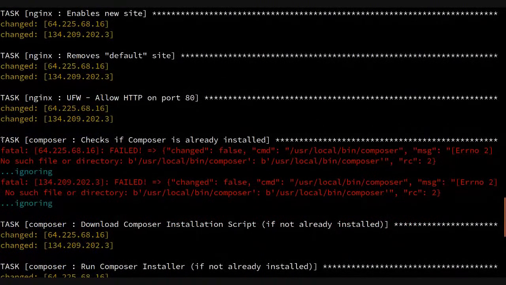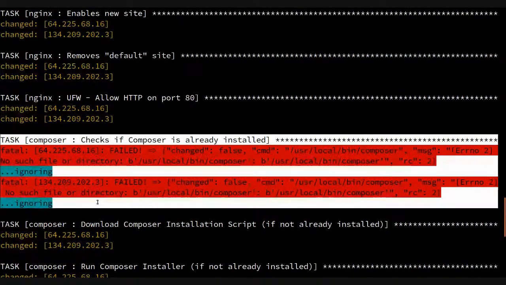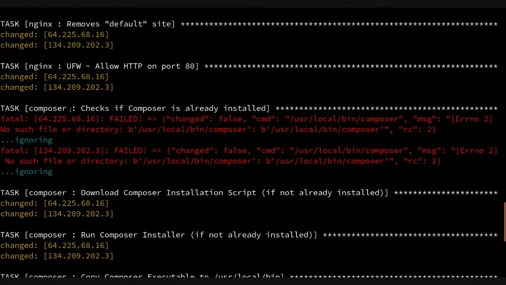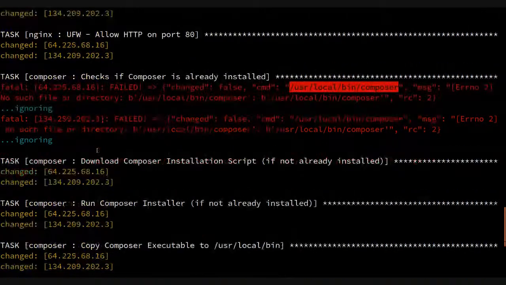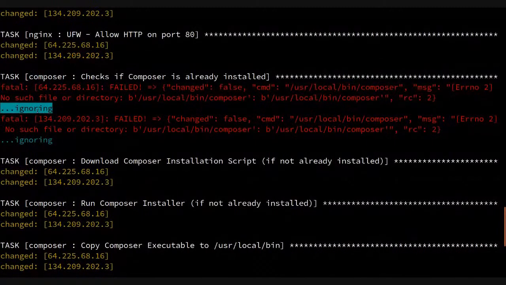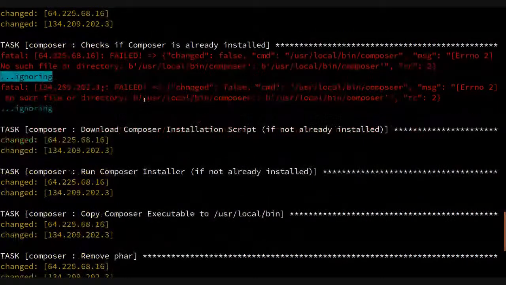So here, this is something very interesting. This is a test. So it says fail, but it's actually on purpose. What I did was I created a variable to get the output from this command, and I check if it comes with error. If it comes with error, then it means Composer is not installed yet, so I need to install Composer. And this is a conditional thing. And it's ignoring. When you do this kind of stuff, you have to use the ignore errors additional parameter on the task,